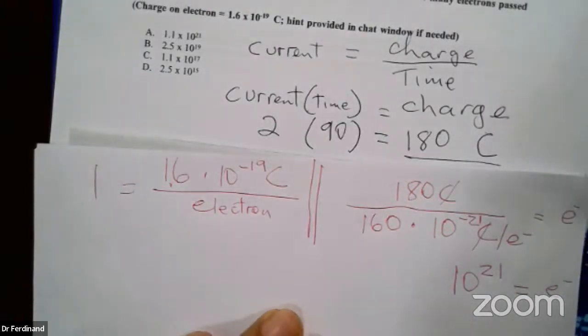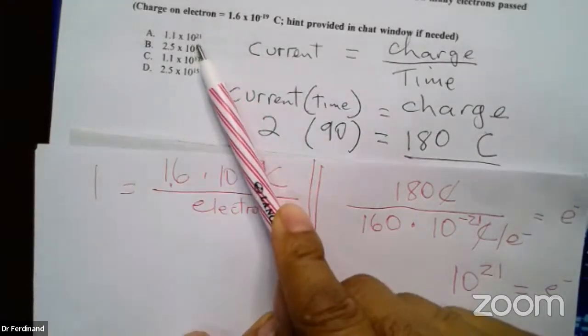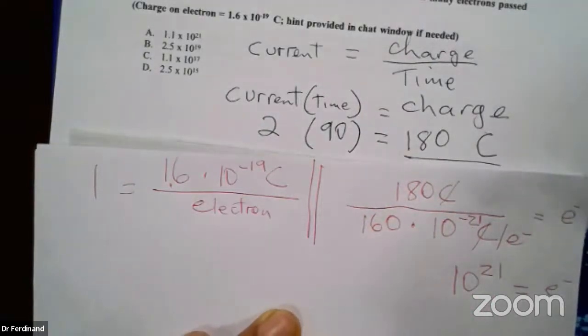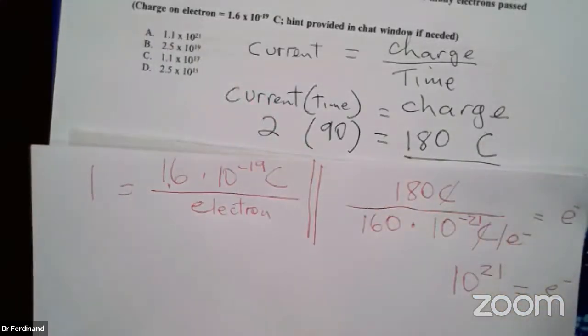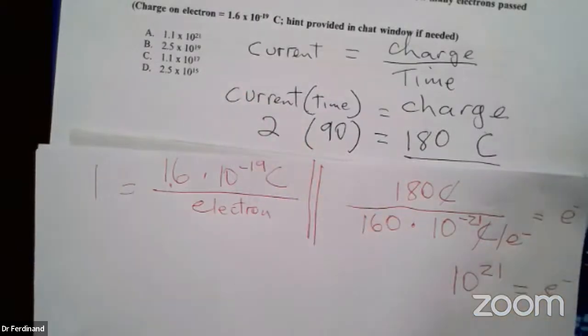Well, it's close to the number 1. So let's look at the answer choices. 10 to the 21: there's only one answer choice that has 10 to the 21. And this 180 over 160 is a little bit more than the number 1, because 160 over 160 is 1, so it's a little bit more since the numerator is a little higher. So I'm able to choose answer choice A without doing a very precise calculation, but being very careful with the exponents, because that's the biggest difference. So indeed, the answer to question 3 is A. Any questions?